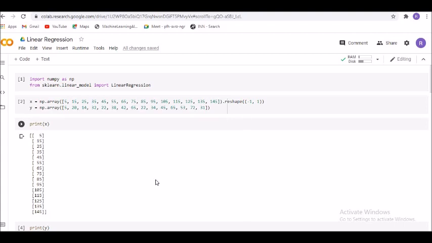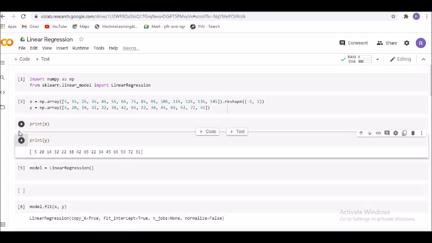Now, in linear regression, especially in Python, I would be using the Jupyter Colab environment. That's number one, rather than going over Anaconda or Spyder. You would see that there are a number of packages available, and the most popular package that I can see is scikit-learn. Now, I'll be focusing on simple linear regression with the help of scikit-learn itself, and try to understand how to go ahead with simple linear regression.